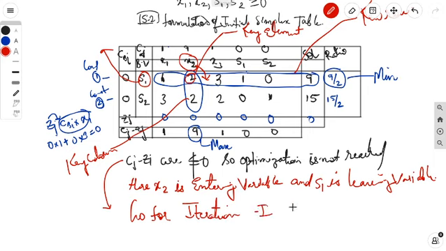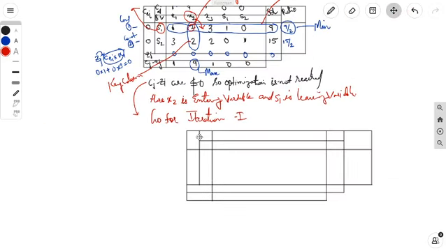Again what we need to do? We need to insert this table. So now again the second table is inserted. Again we need to write this value. This is nothing but CBI. The next Cj over here, basic variables over here. Okay. So here we have again Zj, Cj minus Zj we have.